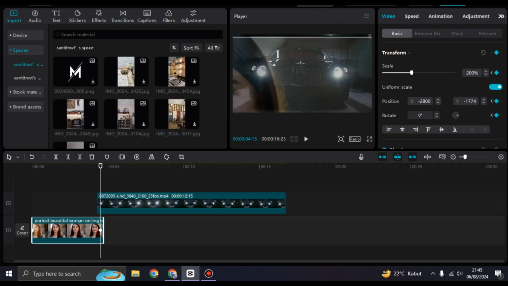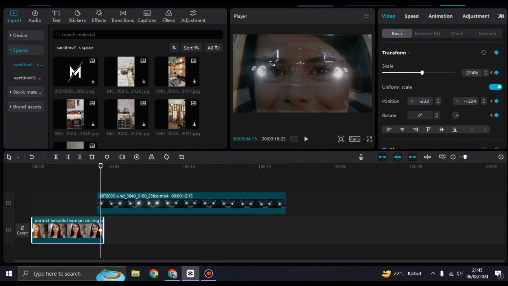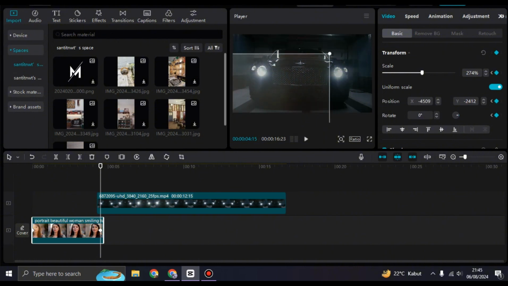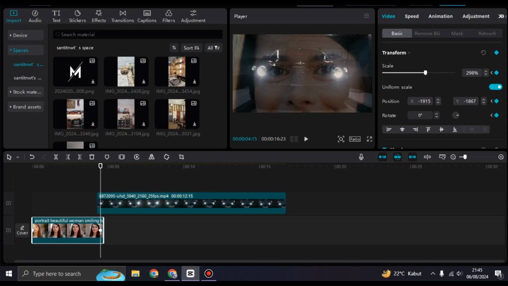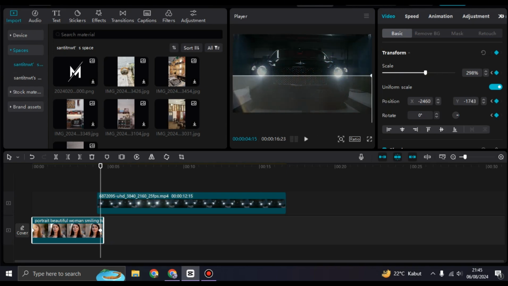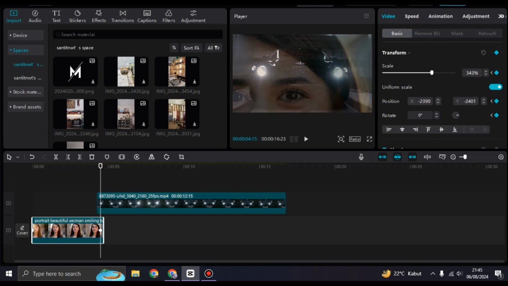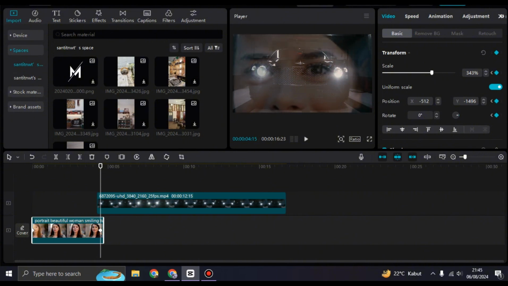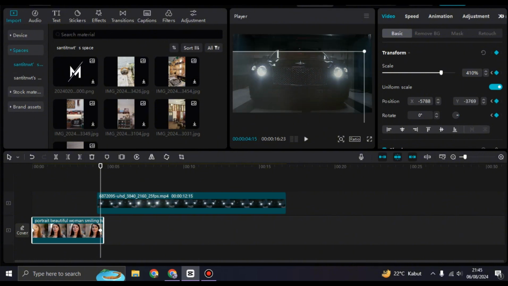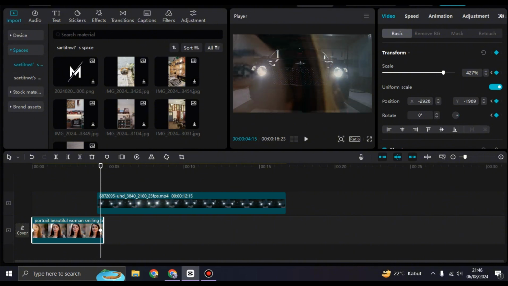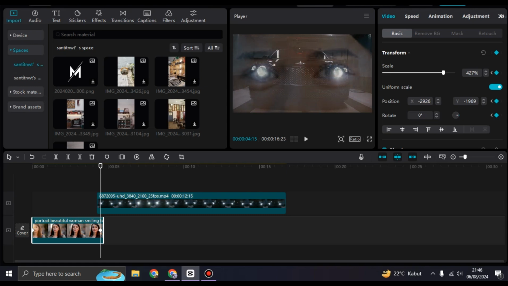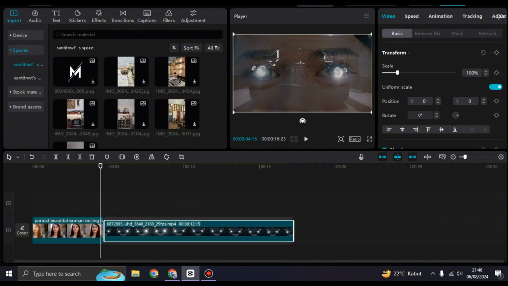Again. Okay. Still not quite right. Can just adjust it. Okay, so now I think it is enough. Let's try again one more time. Okay, so now the position is quite right, and in here you can just put the second clip here after